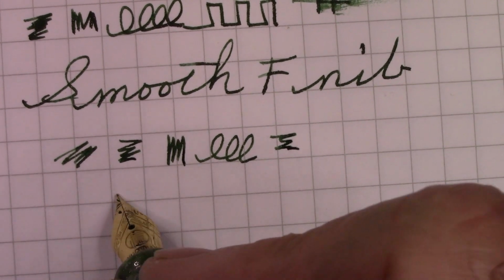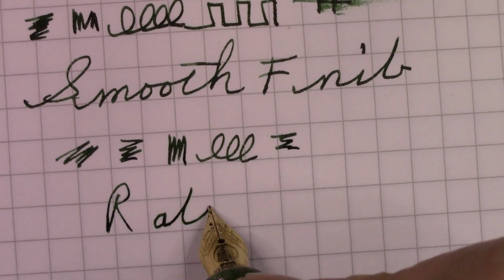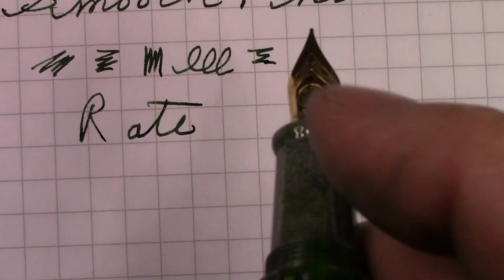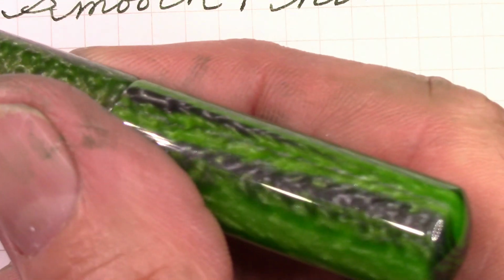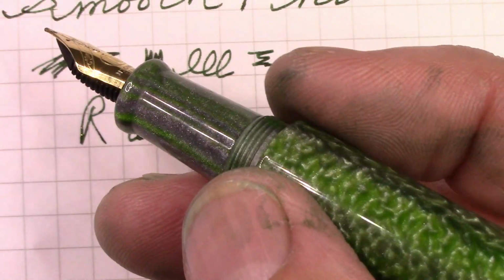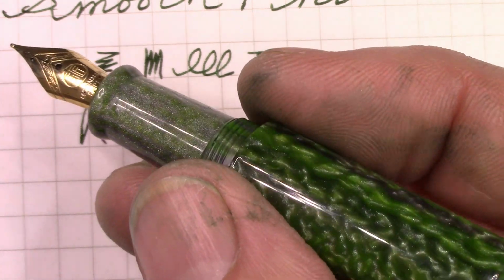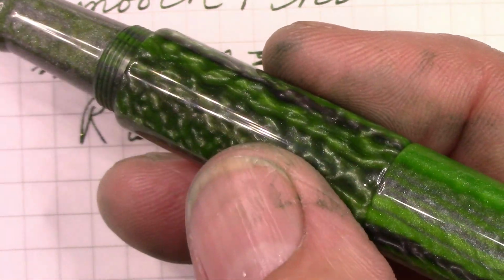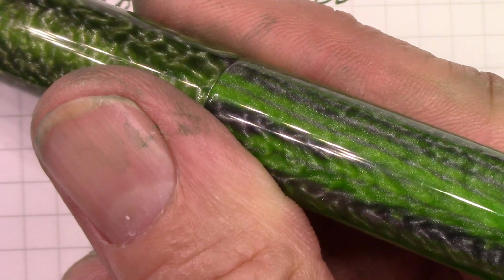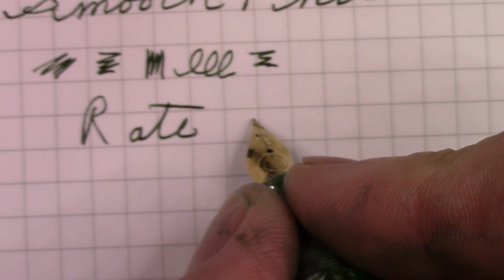I think it's time to rate this pen. And it's tough because this is such a unique pen in its own right. But when I rank a pen, I try to rank this pen for what it is. Does it do what it's supposed to do? Does it write well? Does it feel good in the hand? And does it look nice? So based on all that, we're going to give it a